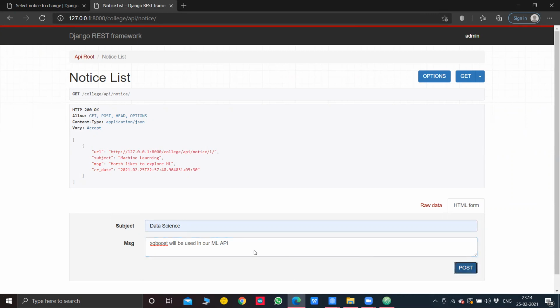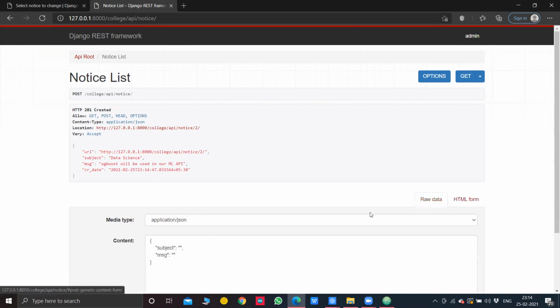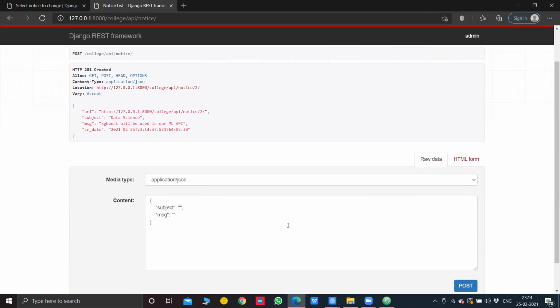If you post it, you can see this was the new entry that we added. It gives us this HTML form as well, but also as I mentioned in the first introduction session, Django REST works in the JSON format, so you can also mention it in the JSON format.